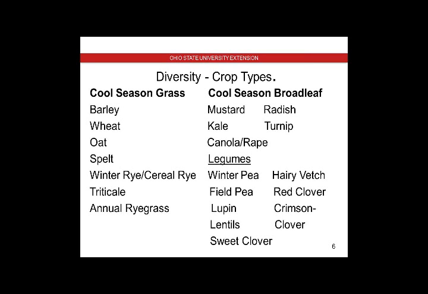We have spelts. Cereal rye or winter rye is very popular. It's probably the one that we can plant the latest. And we can plant that in most areas well into October, and in some cases even into November. I've been told cereal rye germinates at 32 degrees, and it will actually even grow underneath the snow. So you can plant it just about any time. If you want really good growth, though, the earlier you plant it, the better your growth.